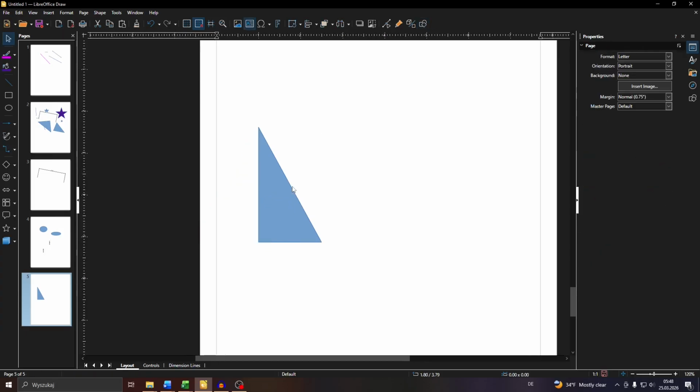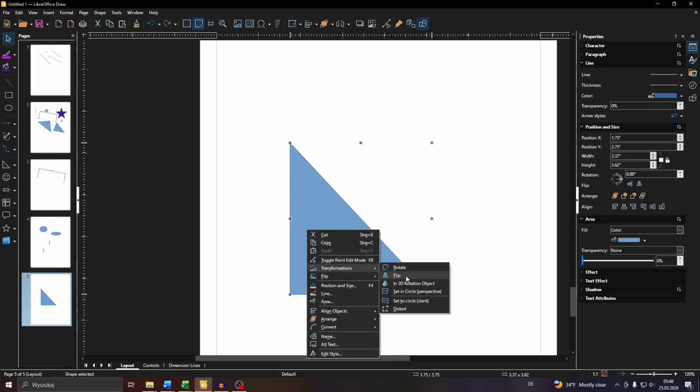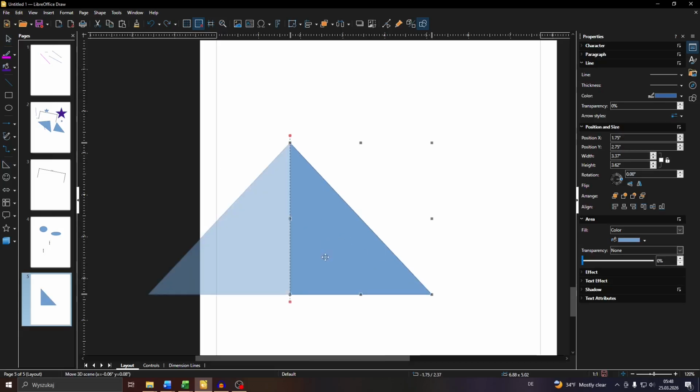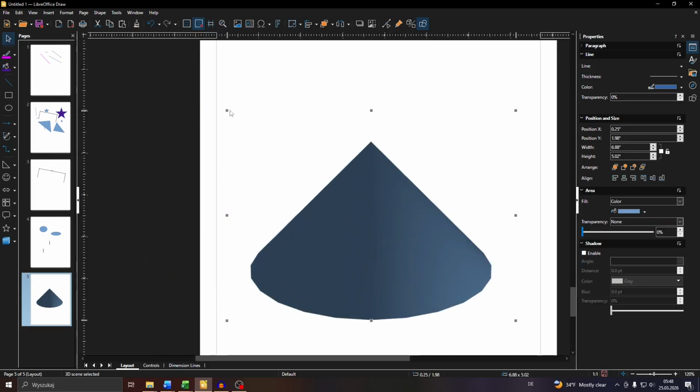So oops, let me just undo this. I just pressed enter accidentally. So right click, transformations, into 3D object, and now for example you can position it as a 3D object, customize